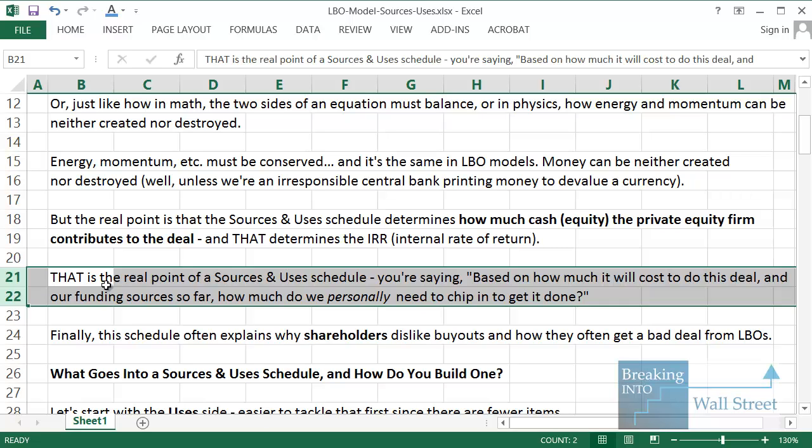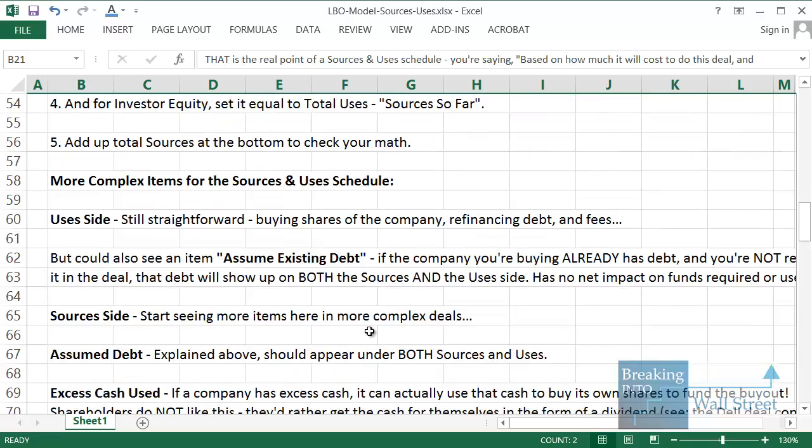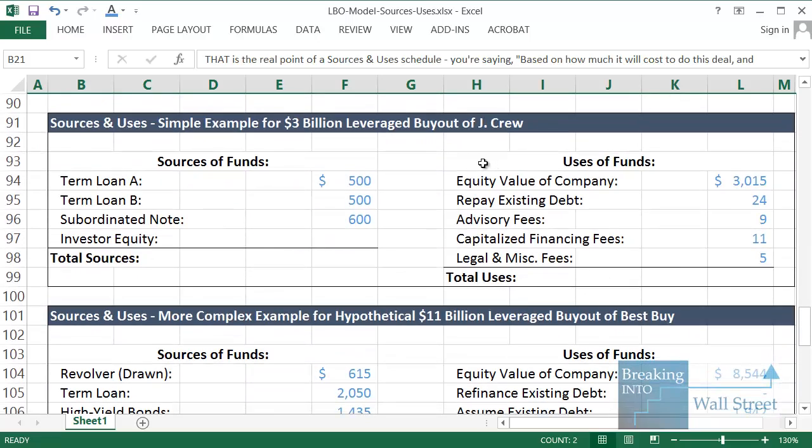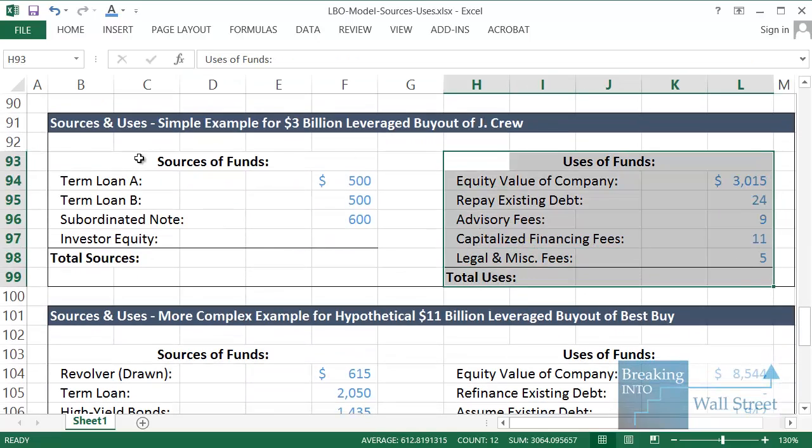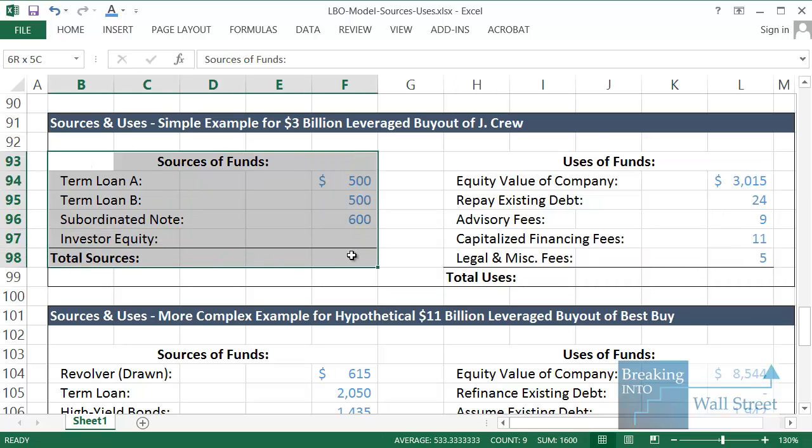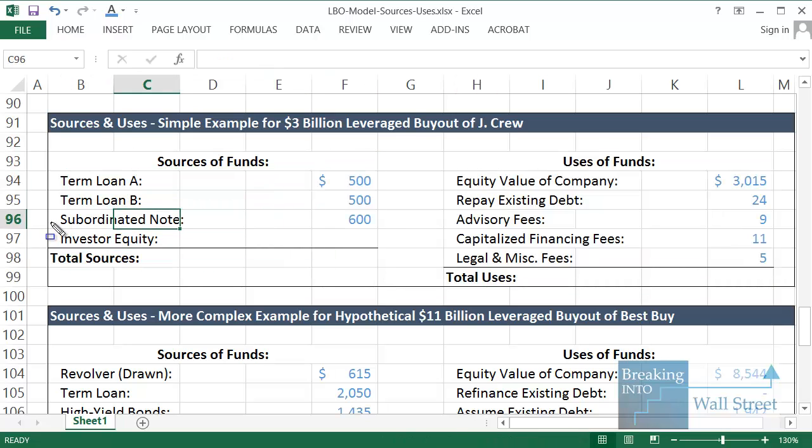And then you say, but taking into account all of that, we still need to put in something ourselves to close the gap, to make sure, for example, that when we buy a company and we have to pay $3 billion for the equity and we have, say, $1.6 billion of debt, well, we need to plug that gap somehow, and the way you do that is with investor equity. So this is the real point of a sources and uses schedule. Yes, both sides have to balance, but it's really all about calculating this number, figuring out the private equity firm's